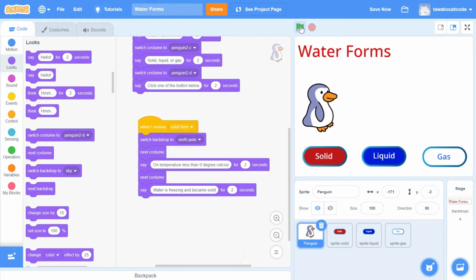When done, click the green flag. Penguin will explain about the presentation. If we click the solid button, the penguin will explain about solid form.